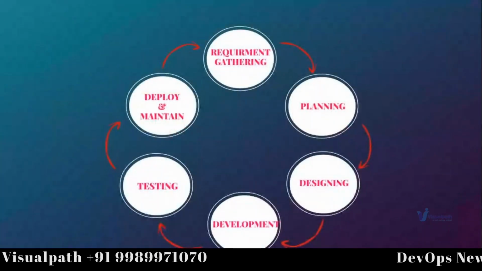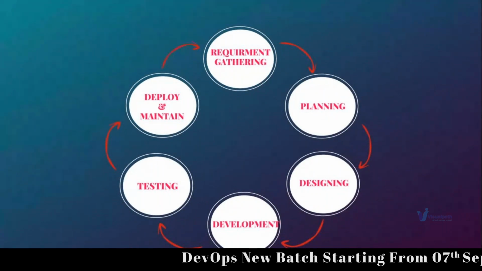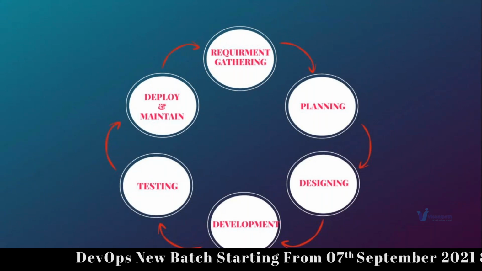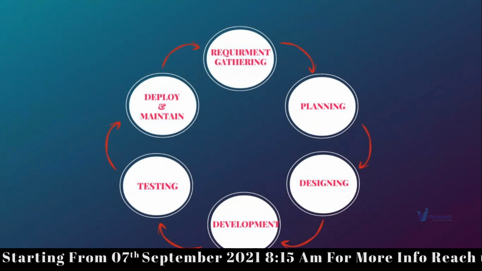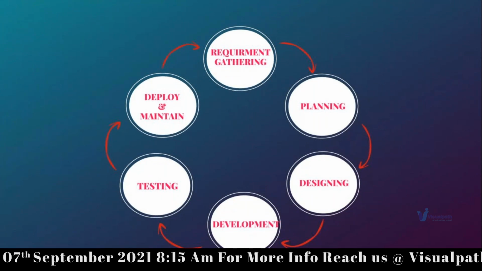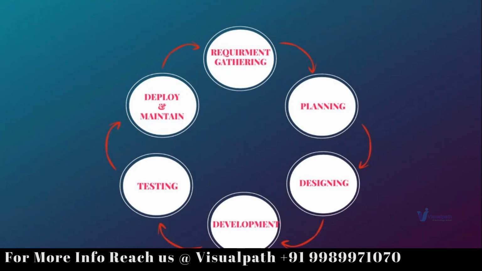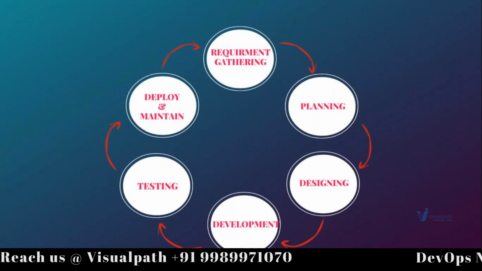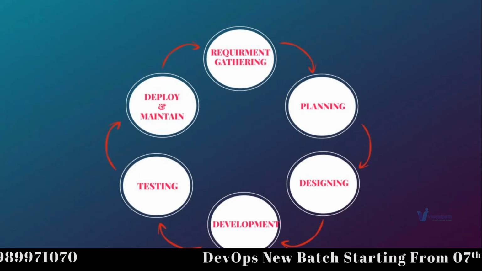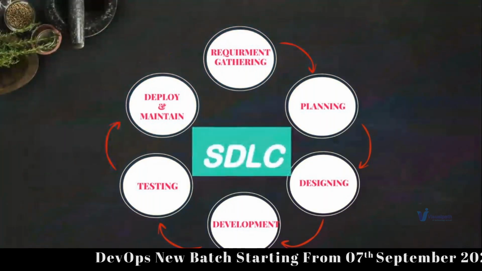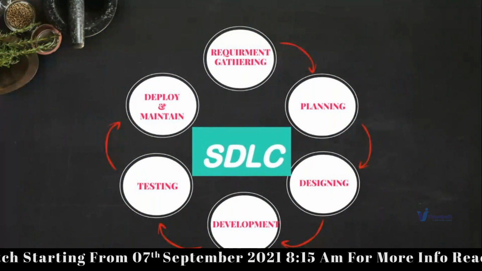So let's see this process again in a cyclic view. First, we have requirement gathering. Then we have planning, right? Then we have designing. Architects are going to design the product. Developers are going to develop the product. Testers are going to test the products for defects. And operations team is going to deploy the product and maintain it. And it is a cyclic view because it's a continuous process, right? New requirements come in. So you need to again develop and deploy. This goes on and on. Right? This process is called SDLC, Software Development Life Cycle.